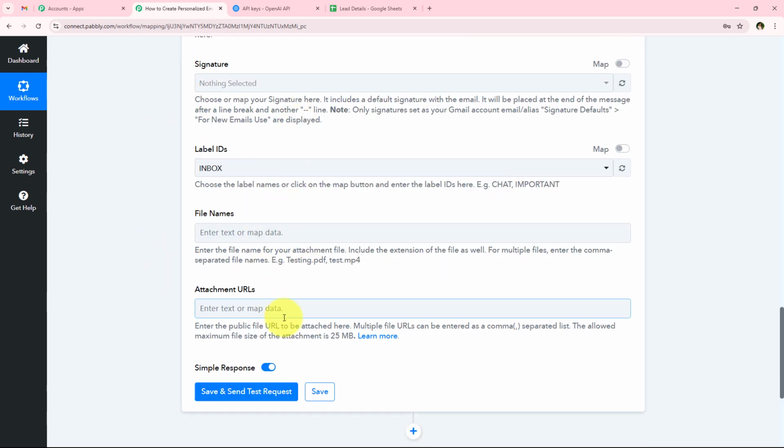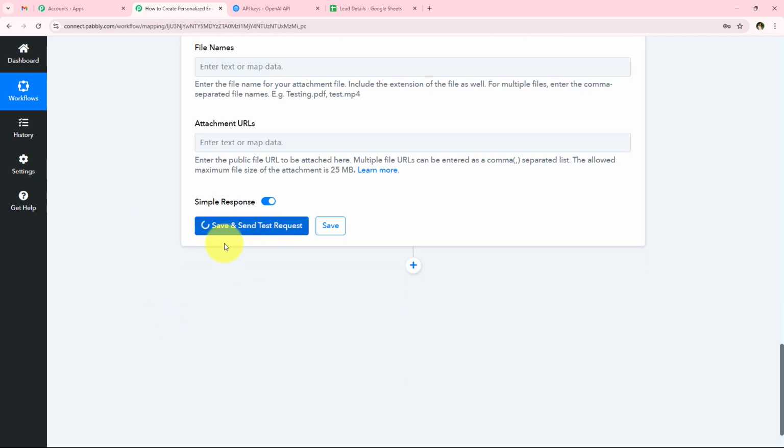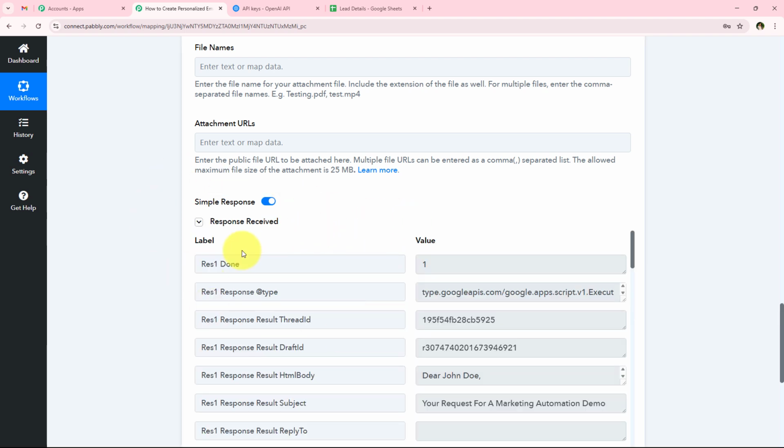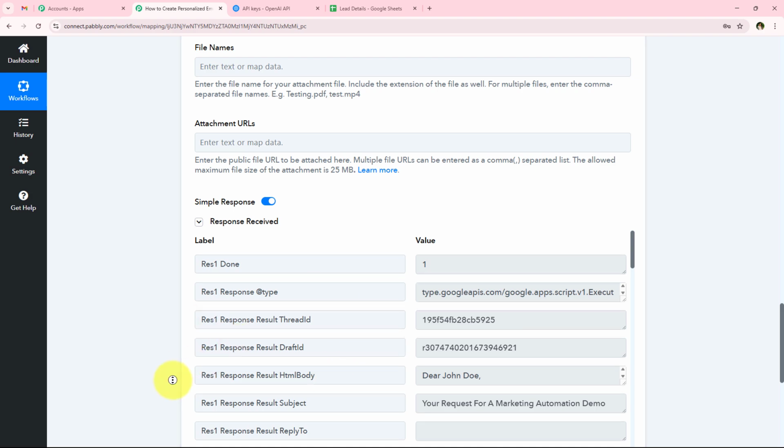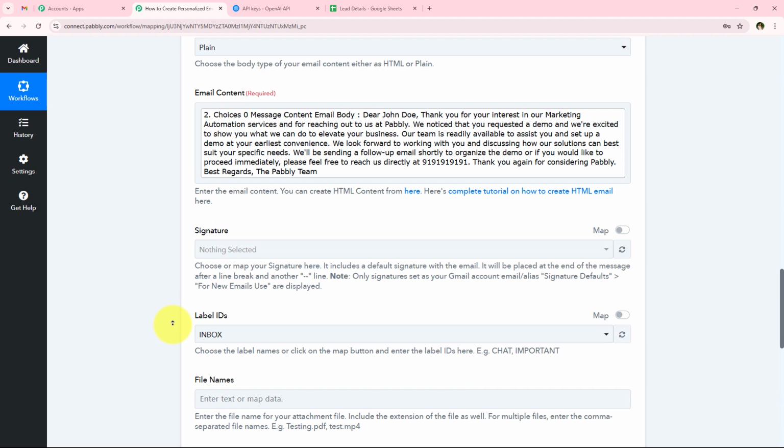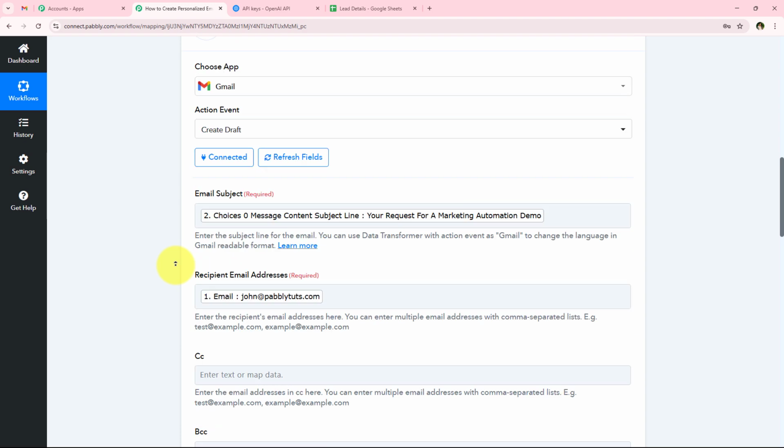So all of these details are not required, so we can leave them blank and click on this save and send test request button given right over here. As soon as we click on this button, yes, you can see that we have received a positive response. With this we have successfully created a draft in our Gmail account with the help of the same details received